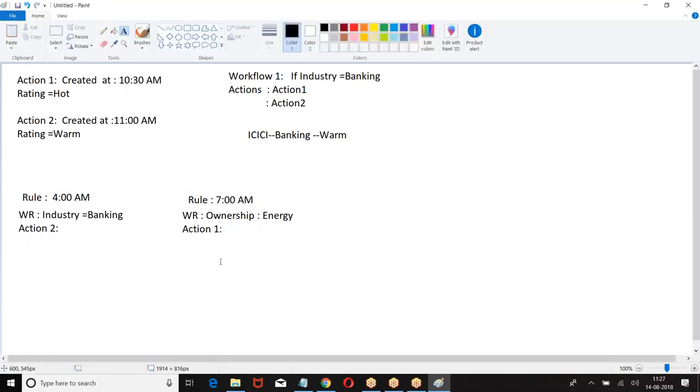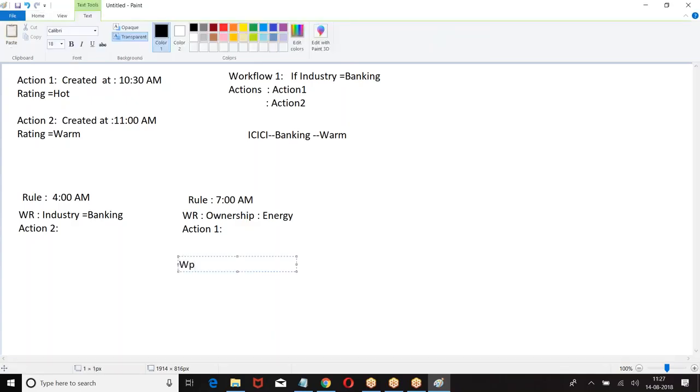You have two workflow rules with their corresponding actions. When you have multiple workflow rules, how will the actions be performed? Now what is the output I have got? If it is a single workflow rule, multiple actions will be performed as per the order of action created.